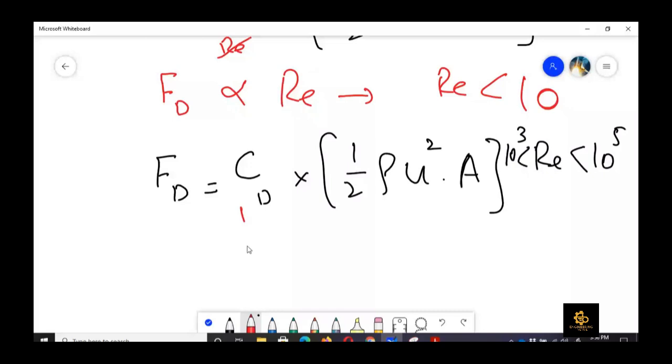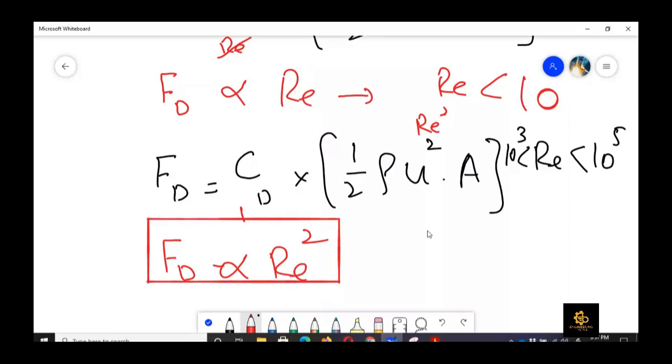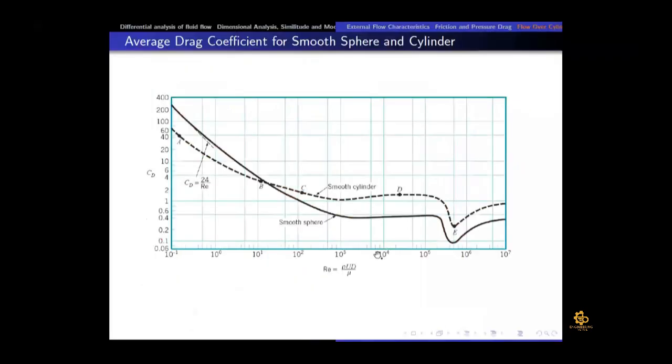So now what remains is Reynolds number square. We can say that in this region, FD is directly proportional to Reynolds number square. At low Reynolds number it was proportional to Reynolds number linearly, but here it is proportional to Reynolds number square. What does it mean actually? It means that if at 10 to the power 3 the total drag force was 2 Newton for a body, and we increase the Reynolds number to 2000, that is, by twice,